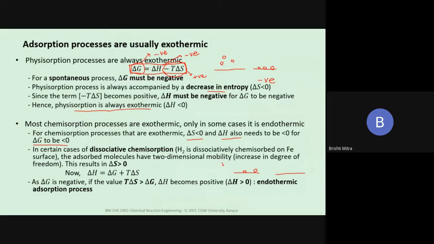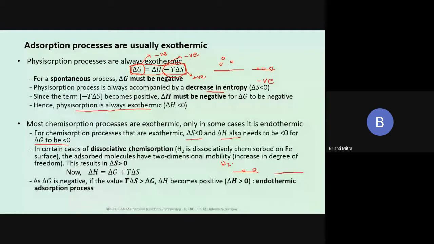So when a gas like hydrogen gets adsorbed on these species as a whole, that means as H2 gas, then this would be called associative chemisorption. Whereas if we have two metal sites like this, and I can give you a specific example for that also. Suppose these sites are iron sites, Fe, and the hydrogen has to get adsorbed.